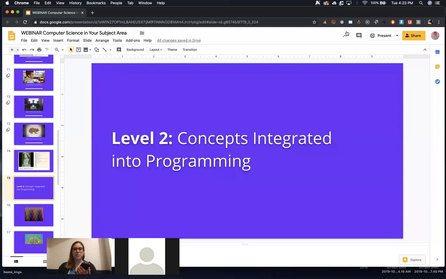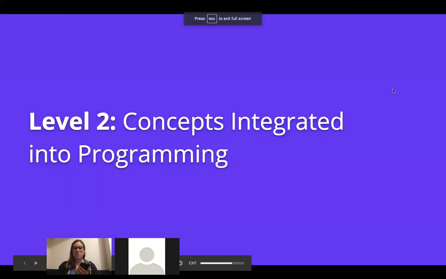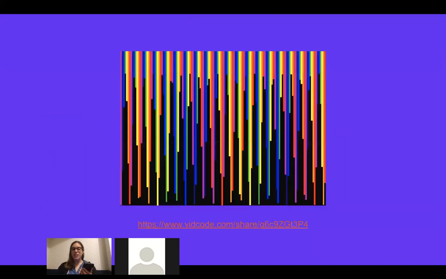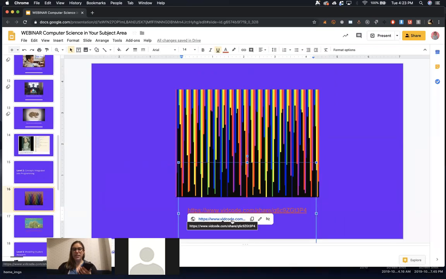Cool. So let's go ahead and dive into level 2 now that I showed you all the coding interface. If the first level of cross-curricular projects just presents something that a student learned, level 2 starts to use what a student learned and actually integrate it into the project. And the easiest way, I think, to show that is through math examples, because you can do so many beautiful things with sine and cosine. So in this case,